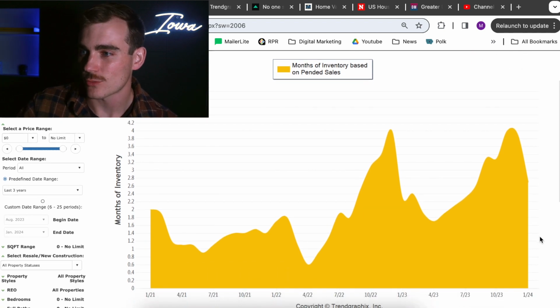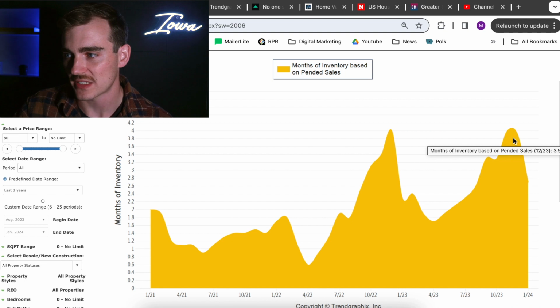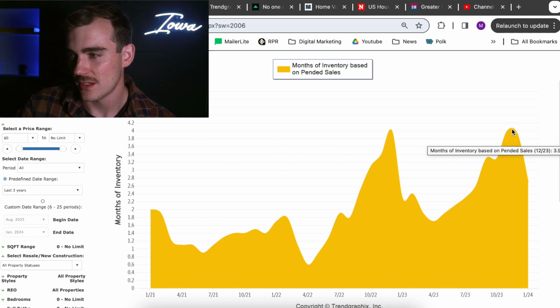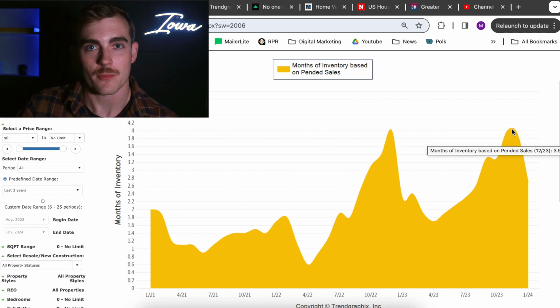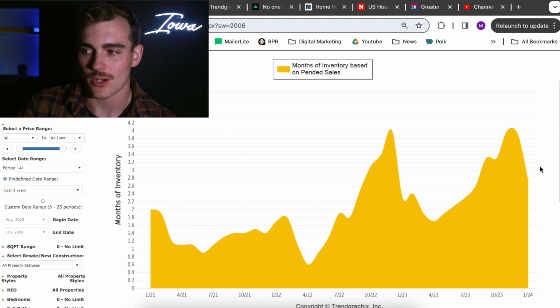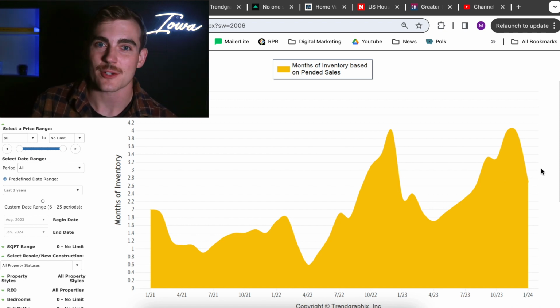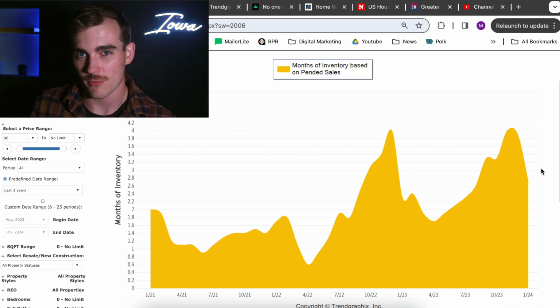And what is going on right now is we were low in the spring of 2023. We got back up in the fall. This is the typical seasonality that we see in our Iowa market. And then since December, we have seen this steep drop from 3.9 down to 2.7. So we're in February, not even in the spring yet, and it is already getting to be a strong seller's market. So it's not necessarily the most fun time to buy a home for a buyer, but there are positives,